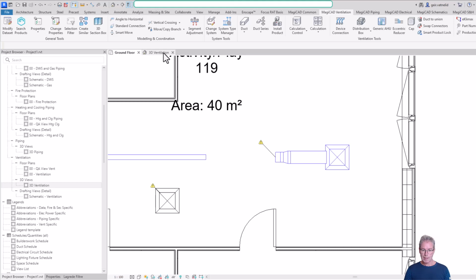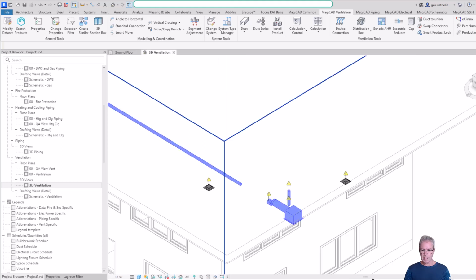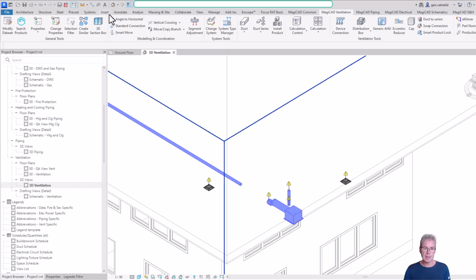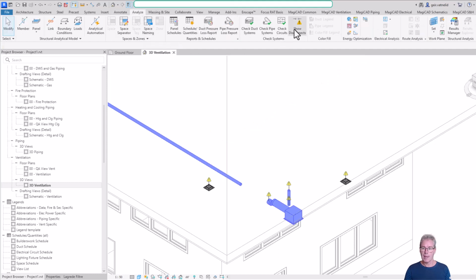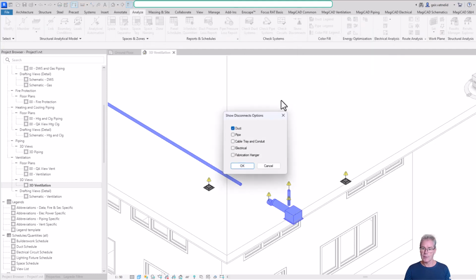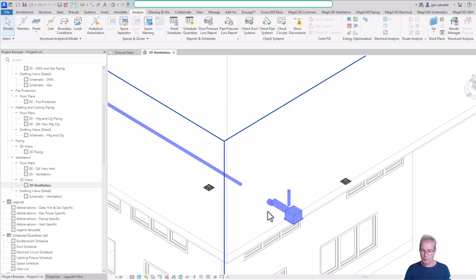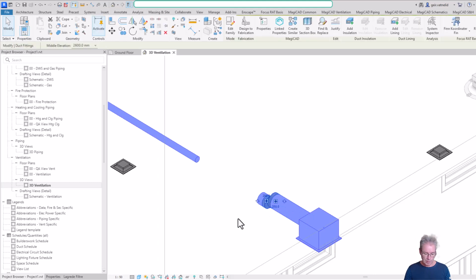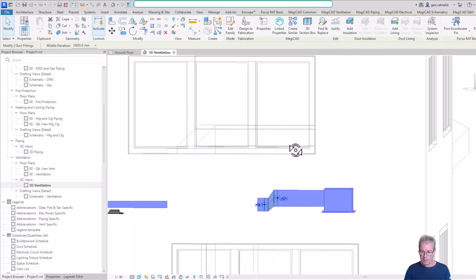Let's go back to the 3D ventilation view and see how it turns out. If you don't want to see all these exclamation marks, we can go to Analyze and choose Show Disconnects and take that off. Then we don't see them anymore. We see that we have another one here. We can delete that,